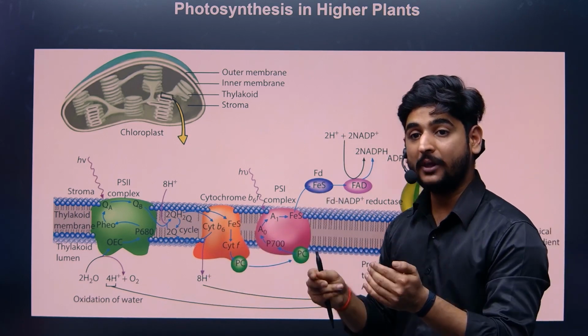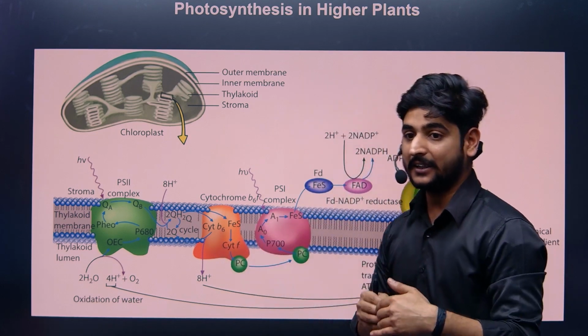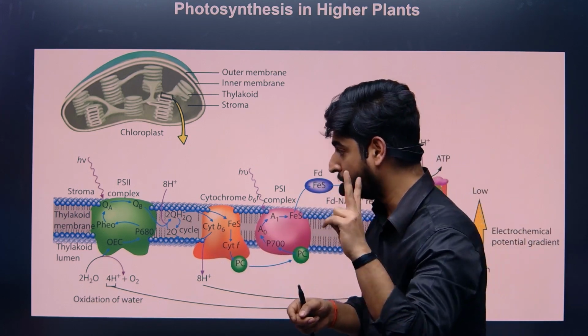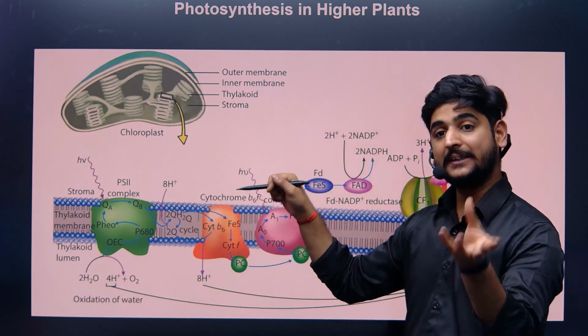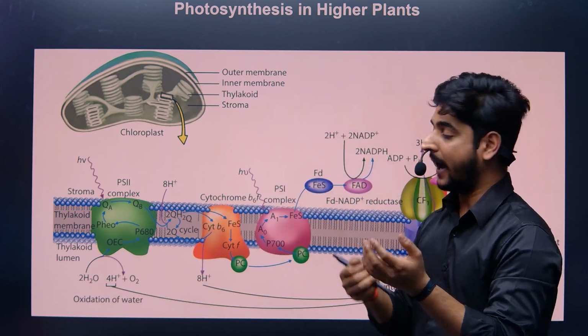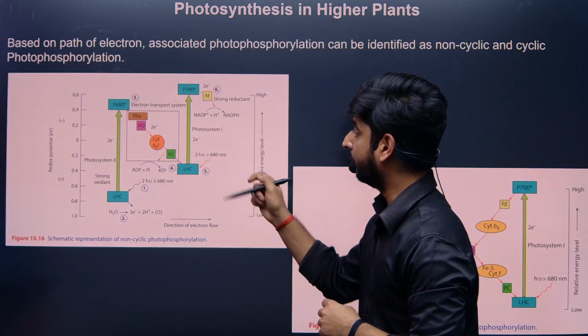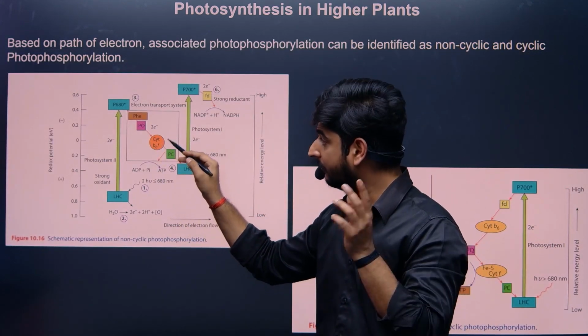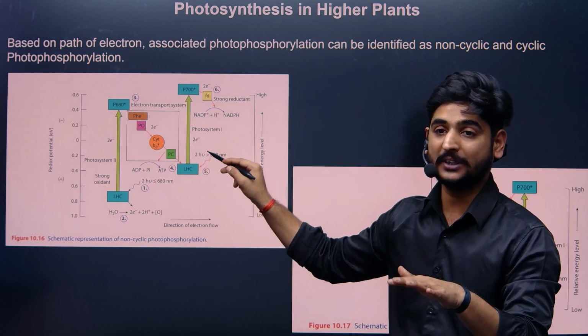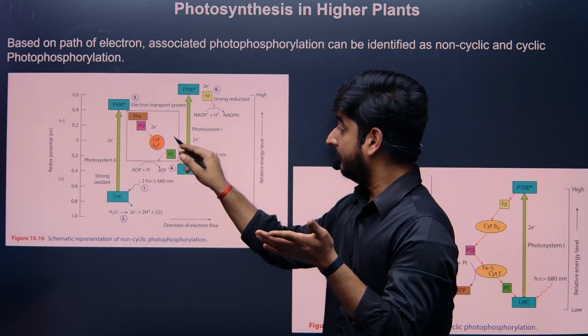So there is an accumulation of protons inside the thylakoid for 2 reasons. First, splitting of water. Second, plastoquinone takes protons from the outside and converts into plastoquinol. Then it will transfer the electrons to cytochrome B6F, which will transfer them to plastocyanin. Plastocyanin will transfer them to